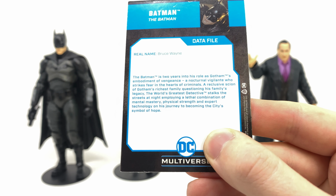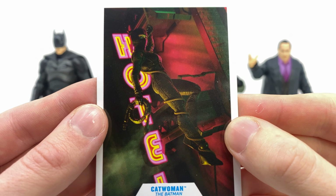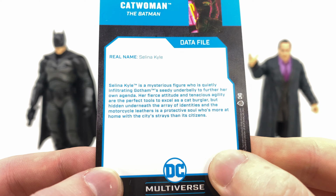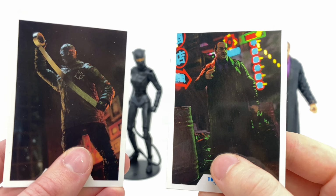We also do get one here for Catwoman, actually looking really cool, almost a little cooler in comparison to what we actually got with the figure, but nevertheless, you can see once again, as we flip here to the back of the card, it gives you a brief bio, and then we turn to both the Riddler and the Penguin. Now, these ones here are a little mysterious, so you can see with the Riddler, we do in fact get an image of him holding the tape, something that we have seen him actually utilize within the trailer,